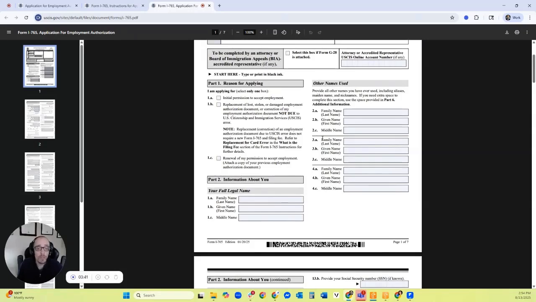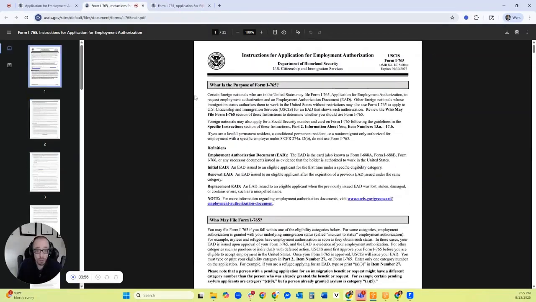And that brings us to the next thing that I wanted to talk about. When you start filling this out, the very first thing USCIS asks for is what is the reason for you applying. Is this the first time? Is this a replacement, or is this a renewal? And the instructions actually tell you that